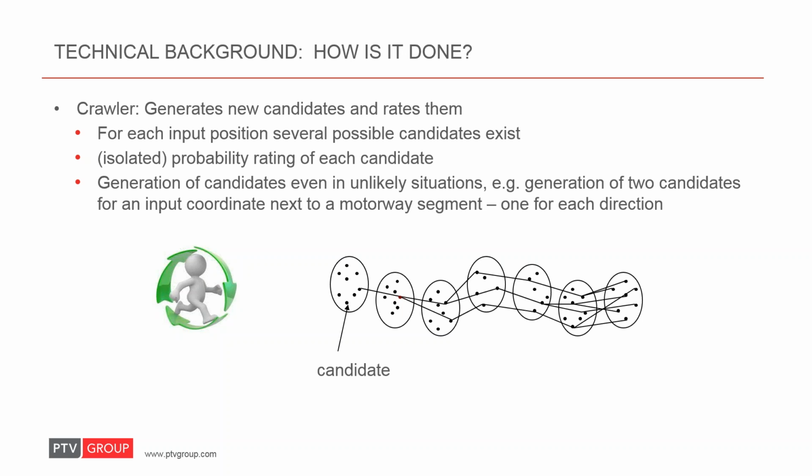It then proceeds to rate each candidate. How far is the candidate from the original point? Is the road that the candidate is on oriented in the same direction as your vehicle is driving? In this way we get a list of groups of candidates. Normally, if you run local matching, xMapmatch will just look in each group and select the best candidate. But if you run global matching, and we get to the next slide,